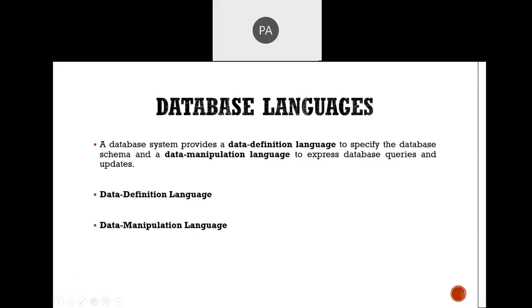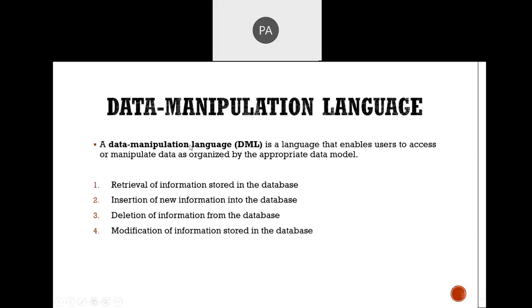Okay, so we'll do one by one. So, data manipulation language. A data manipulation language (DML) is a language that enables users to access or manipulate the data as organized by the appropriate data model. So majorly it enables users to access or manipulate. That means if you want to retrieve the data, if you want to insert, if you want to update, if you want to delete. So the major operations are select, that means retrieve; insert, that means we need to enter the data; update, that means we need to alter the data; and delete, that means we need to remove the data. Okay, so these operations are in DML only. Make a note of that.